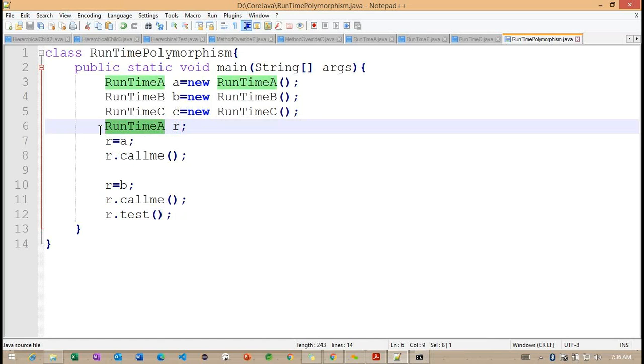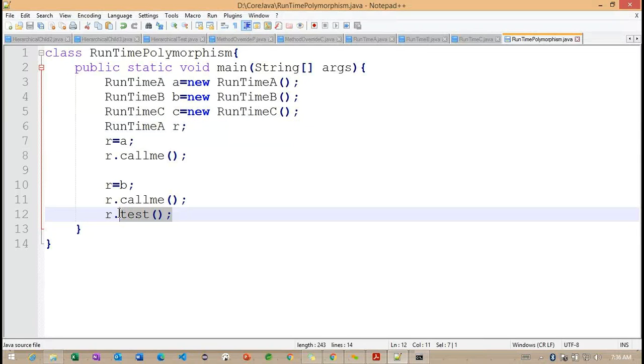But in the superclass, the compiler will check whether the test method is available or not at compile time only, because we have the same class reference here. If I change it to B, in the runtime B class, the compiler will check whether the test method is available or not.